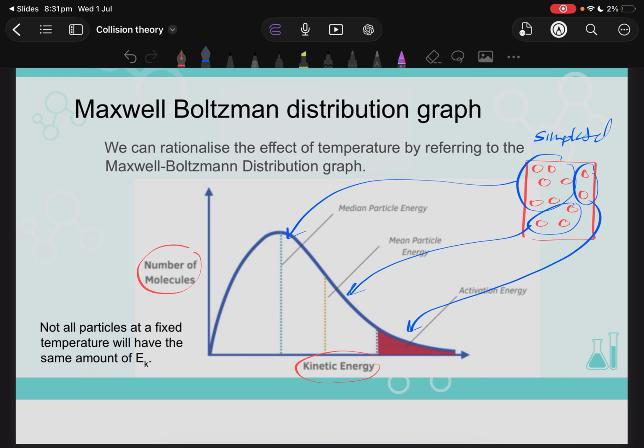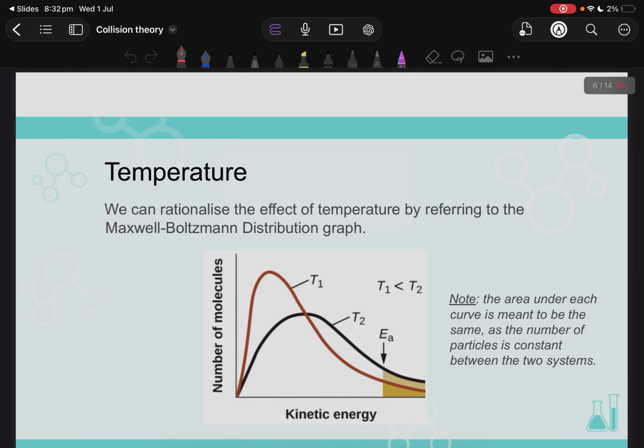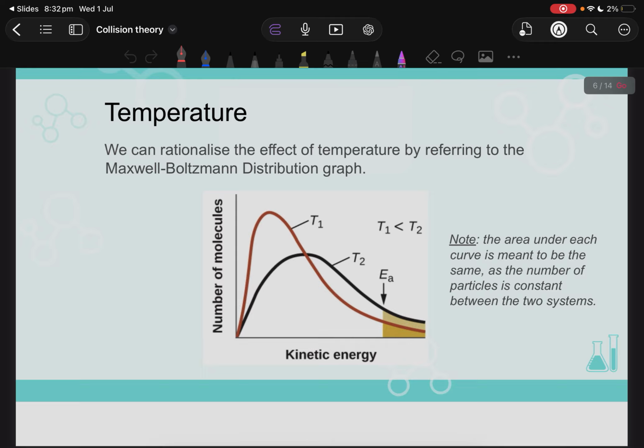And what's interesting is that a certain amount of them will actually be able to overcome the activation energy threshold. So this is my minimum requirement. If you overcome it, yes, reaction is happening. All of this, we're not seeing reactions happen. Now, this gets important when we start looking at temperature and catalysts, and you are expected to know,